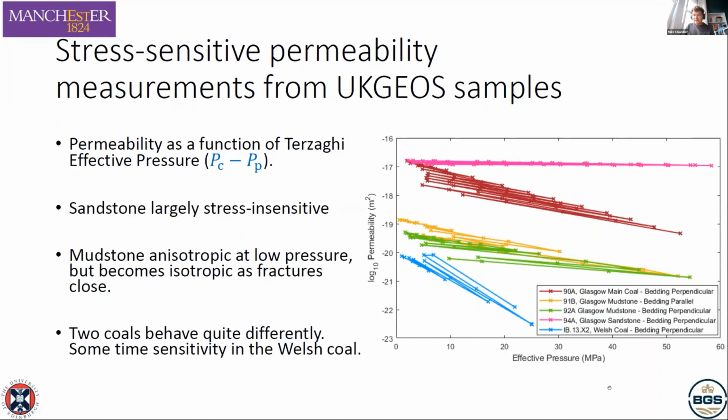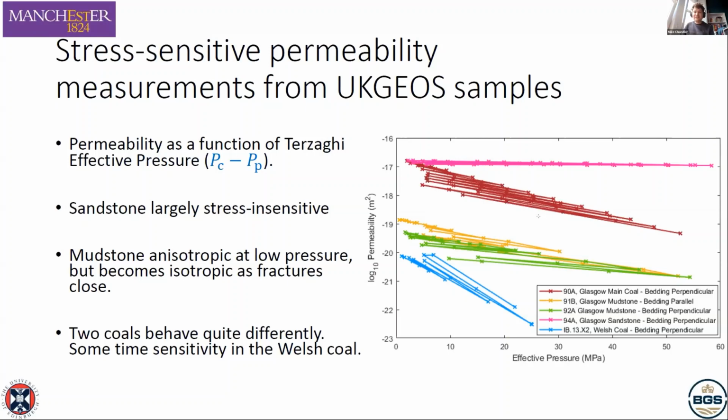So we can see that the sandstone is high permeability and almost completely insensitive to the stress state. You can see that in the yellow and green, the Glasgow mudstone, at low effective pressures, the permeability parallel to bedding is significantly higher than perpendicular to bedding, but at higher effective pressures, it becomes largely isotropic. And also after we've cycled the stress up and down a bit, the fractures that are lying parallel to bedding start to close up, and this becomes more isotropic even at low effective pressures. And you can see that the coal is